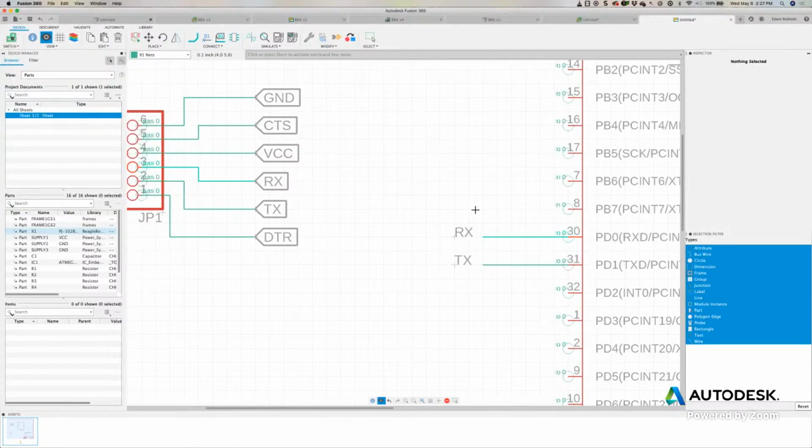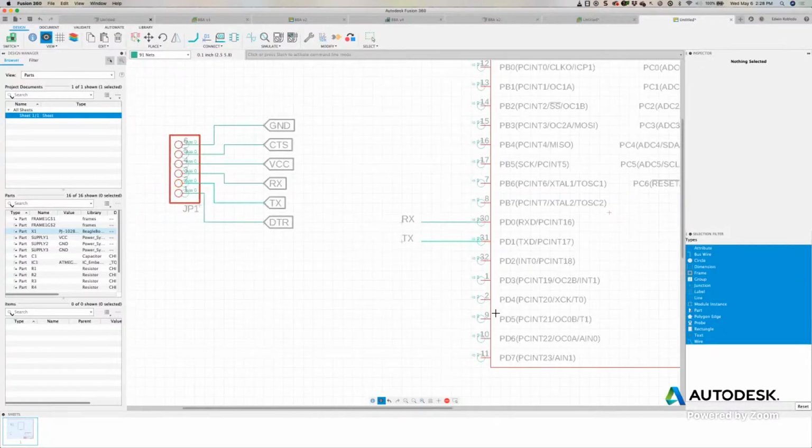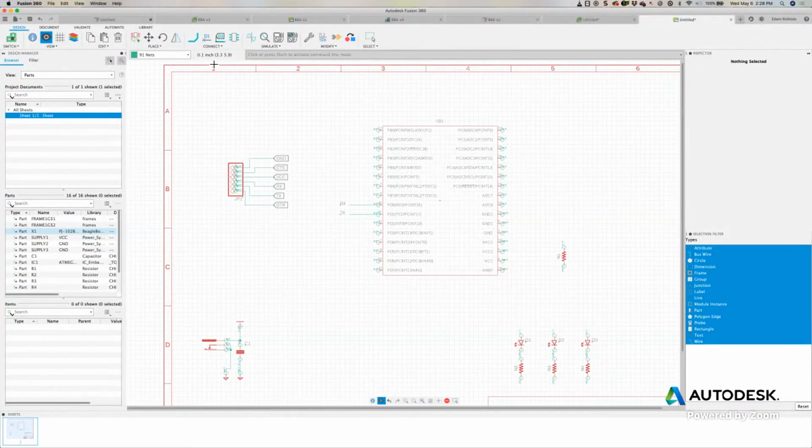Okay, so let me try another one. We'll try the transmission line. So we click there, and as you could see, it actually automatically came up there as well. Now I would continue adding more and defining more of these connections as we go along. Use the net command and get our